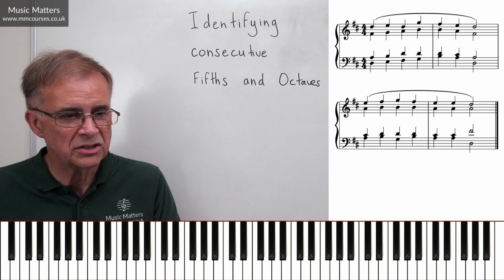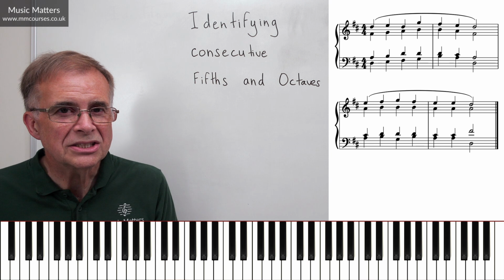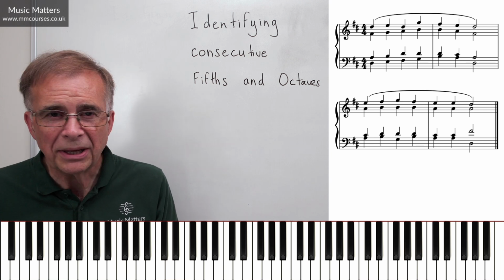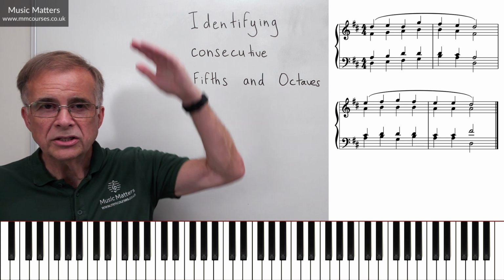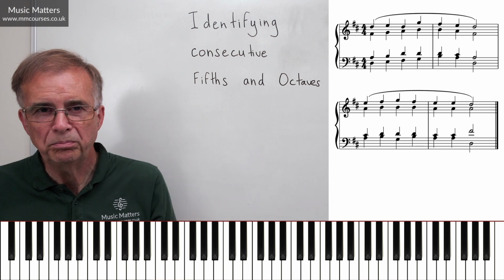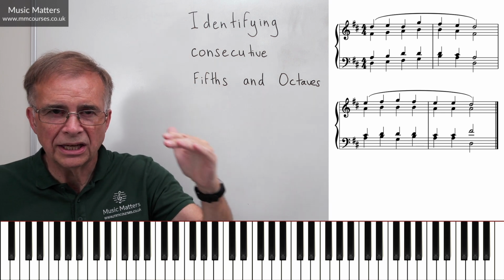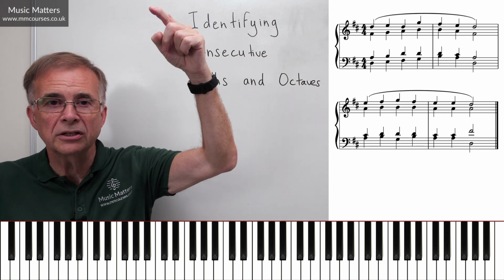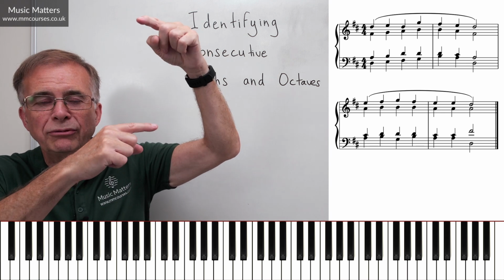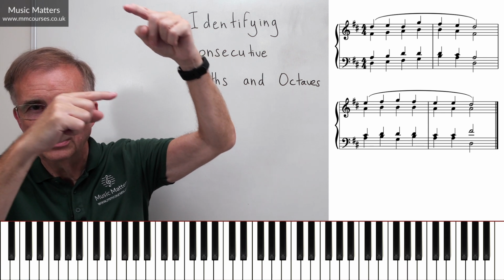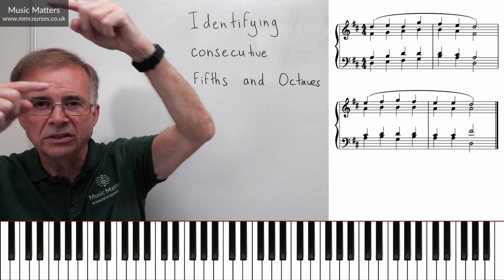So what I'm going to suggest to you is that you have to be really systematic about doing this. When you've written something, the best thing to do is to start at the top: soprano, alto, tenor, bass. Think of them as the four parts in your four-part harmony exercise. Start at the top with soprano. Check every interval between the soprano and the alto. What's happening between the first one and the second one, and the second one to the third one?